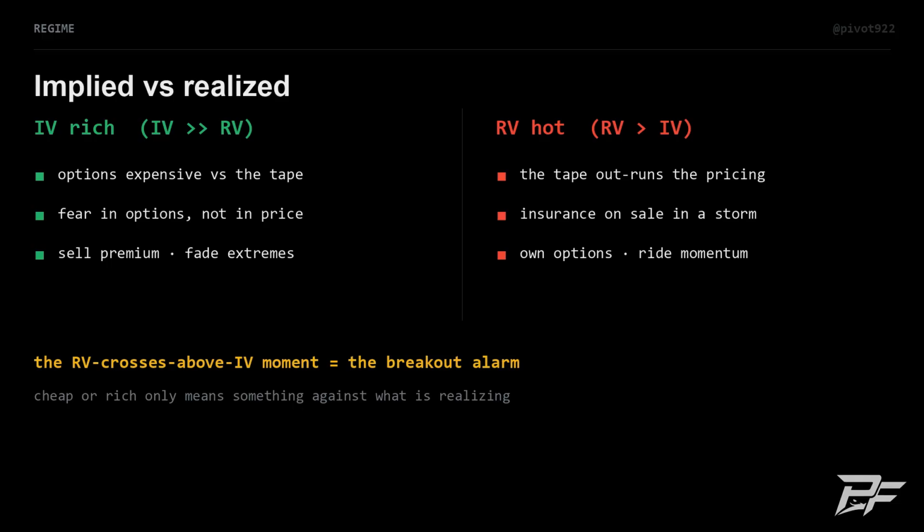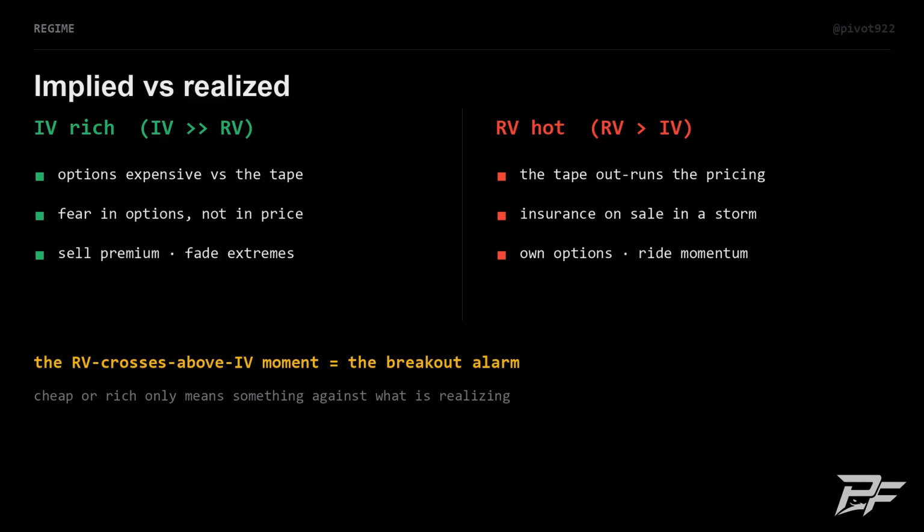Second tool, implied versus realized. Implied is what insurance costs, realized is what the market actually did, the statistical volatility of recent days. The gap between them is the signal. When implied runs well above realized, call it 3 points or more, options are expensive relative to what's actually happening. Fear lives in the options market, but not the tape. That's an environment for selling premium, fading extremes, mean reversion,